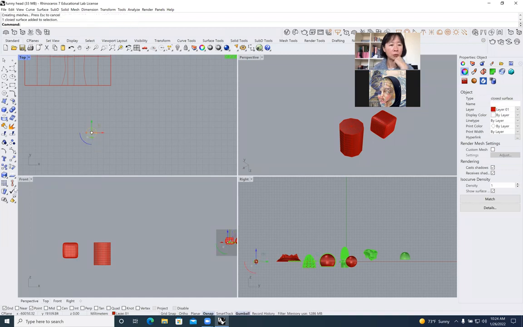Okay, and then I will do an array. And for X I would use 5. Y I use 5. Z also, no, 5. Wait, do it. Okay. Number, okay, 5. Press enter. Y 5. Press enter. Z 5. Press enter. And the distance between